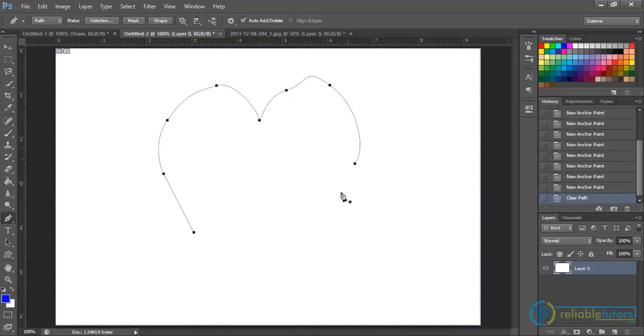I don't like that one, so you can just press your backspace key to delete it. So when you click right there, okay, once you delete it, before you continue doing that, you click on the last point, okay, to tell it that you've continued. Now you click on the next point, okay, and I just want that to be a straight line like that. Okay, and then we have something like this. Okay, don't mind my drawing, I know it's rough, but never mind. Okay, so here we have a rough shape of love,